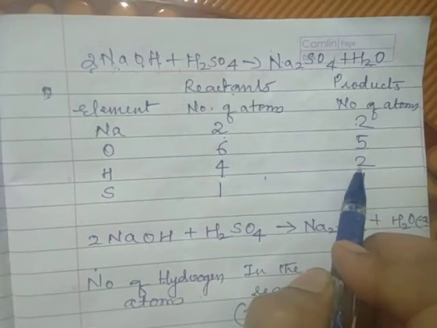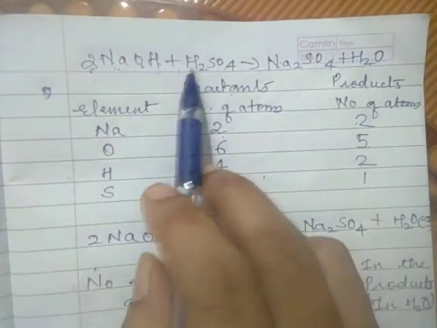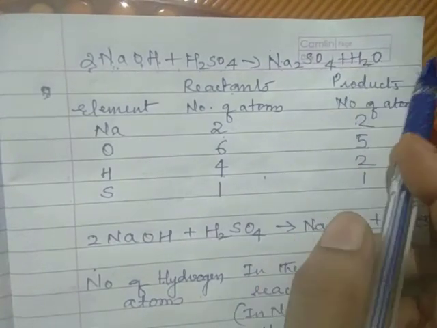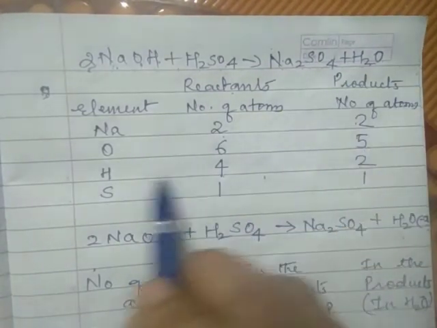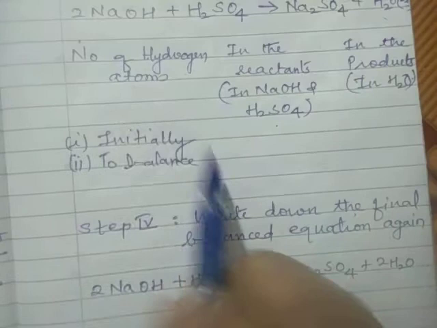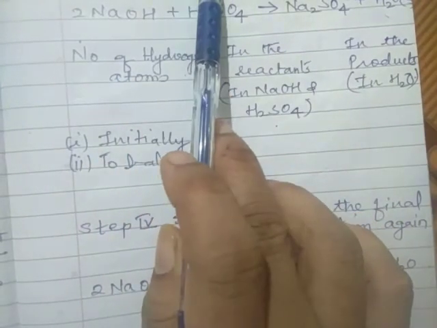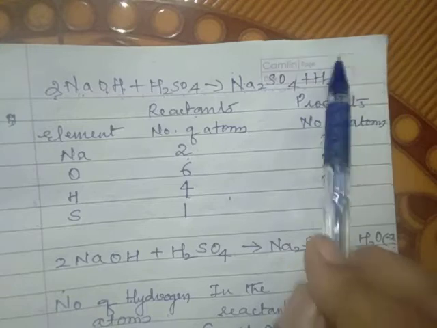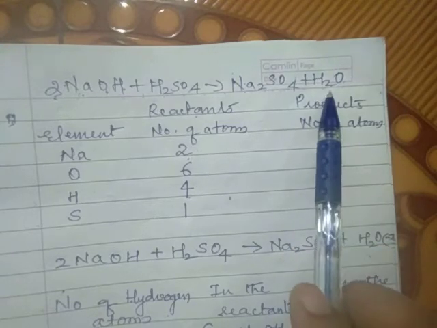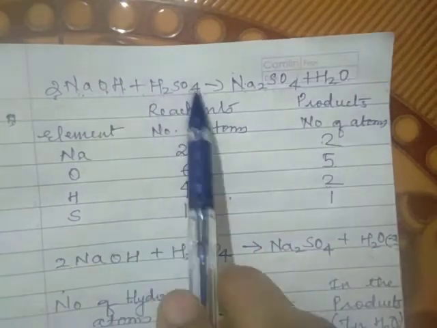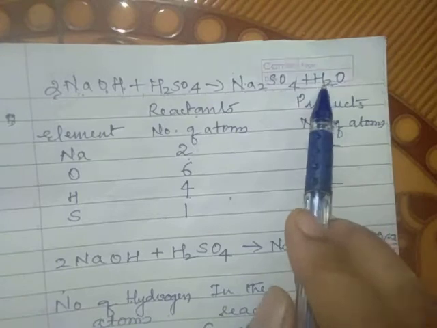Fine. So now again, we don't have to write any factor here in this case. But if you see on the product side, it is less, both hydrogen as well as oxygen. That means to make hydrogen equal, we need to multiply by a factor. So let us now write down that oxygen and hydrogen are not balanced. We will choose a compound which is not balanced on both the sides, that is water. If you see this compound, hydrogens are only 2 here, whereas hydrogens are 4. Oxygens are 5 here, whereas oxygens are 6. So we will select this compound, that is water.